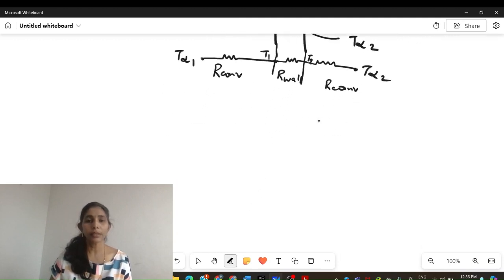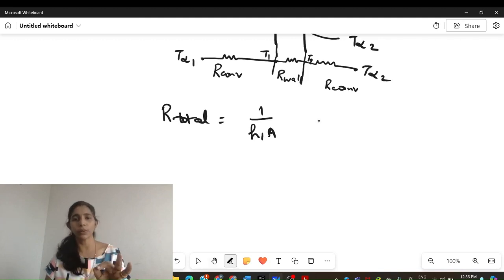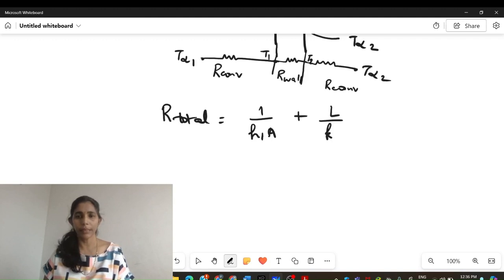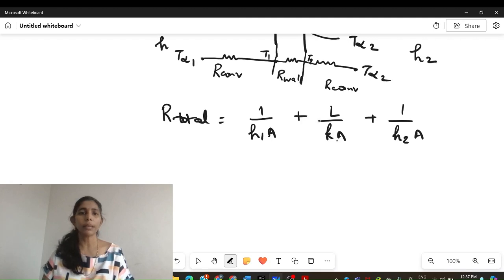if we are going to calculate the total resistance, then R total will be equal to 1 by H1A, where H represents heat transfer coefficient. H1A is on the left hand side of the wall, that is T1 wall, plus L by KA. This is the wall resistance, and this is 1 by H2A. Again, it is a convection resistance. So here the medium will have a value of H2, and this side the medium will be having a value